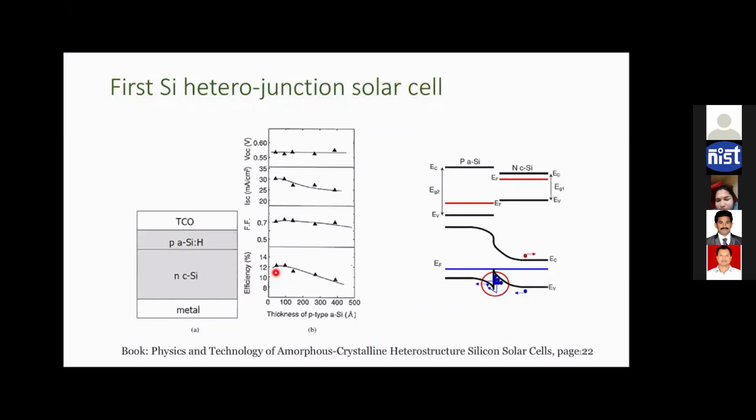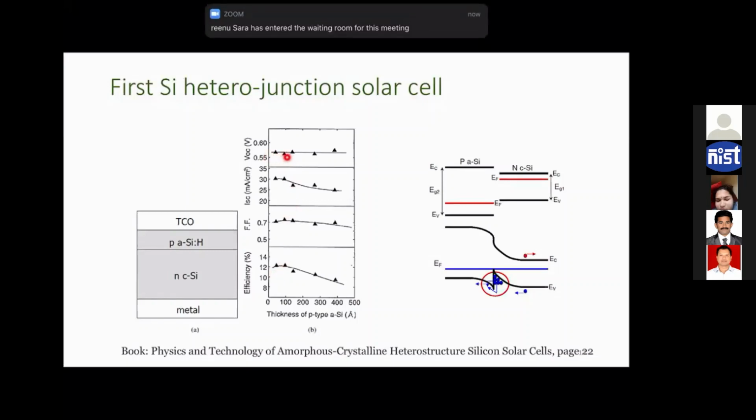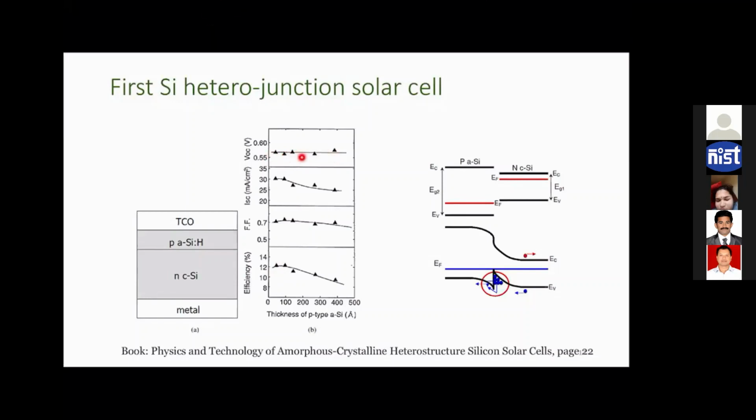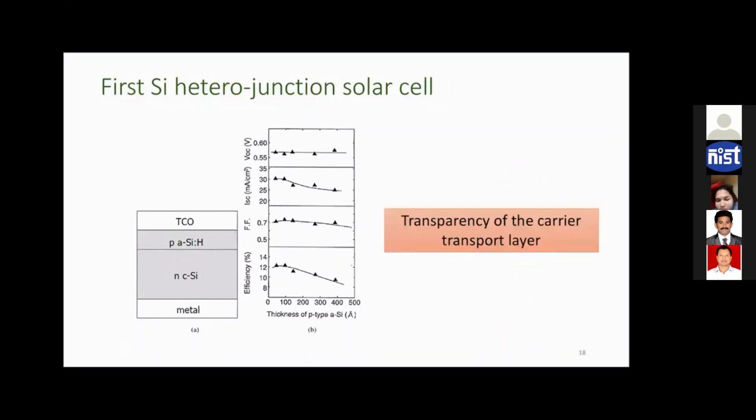And even more surprisingly, the VOC is quite low for such a heterojunction, but you might be expecting a higher VOC because you are using heterojunction technology, right? On the contrary, the VOC actually drops to a quite low value in this particular heterojunction structure. So what is wrong with this structure? Why is there no improvement in VOC? Even if you are using a heterojunction, why is there no improvement in efficiency? It appeared that maybe the transparency of the p amorphous silicon is what is reducing its efficiency.